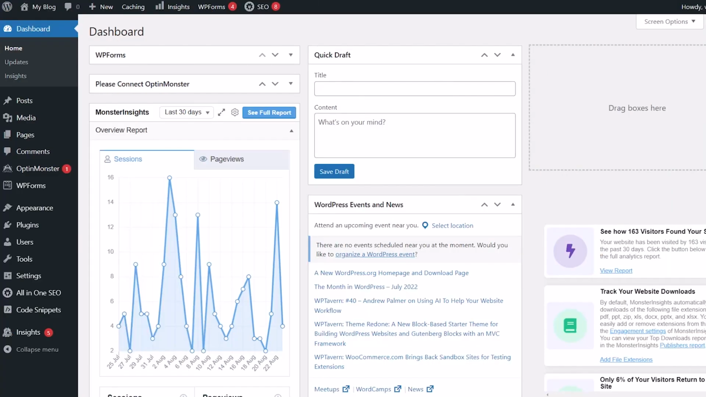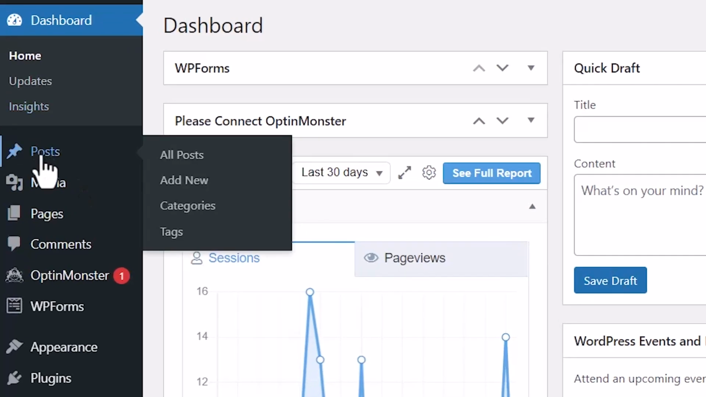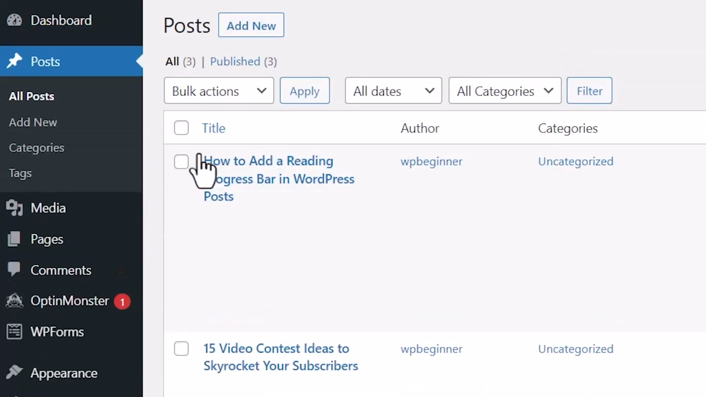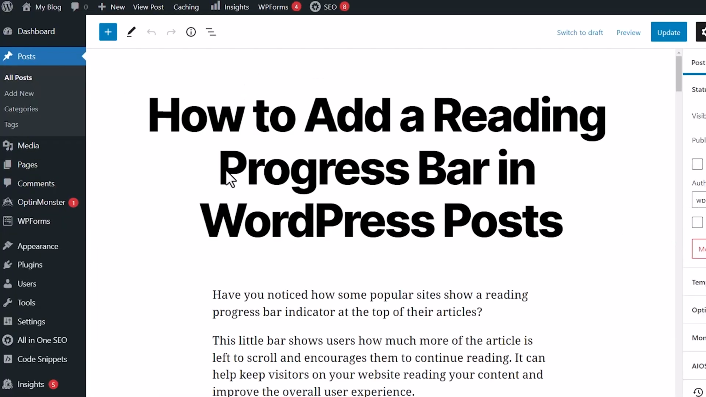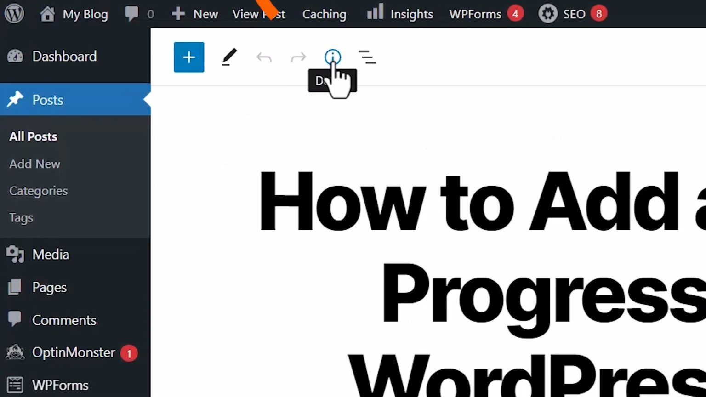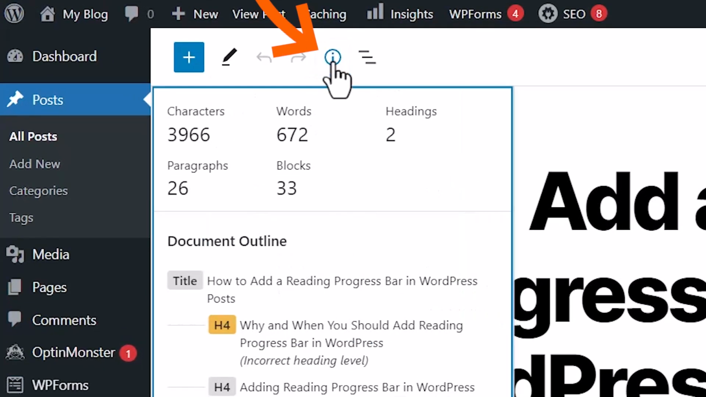So the first method is pretty simple, and it's by using what we already have. If you go into any of the posts that you're working on, for instance, I'm going to go to my posts, all posts, going to edit this one. And as you're in it, if you come up here to the little icon with the little information eye,